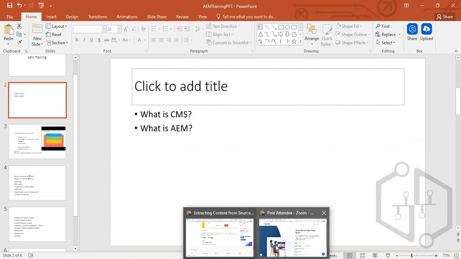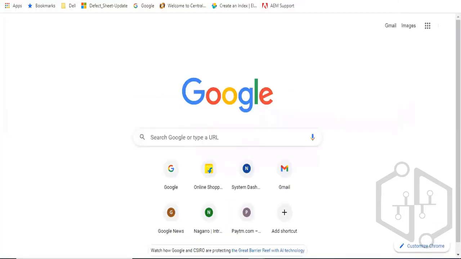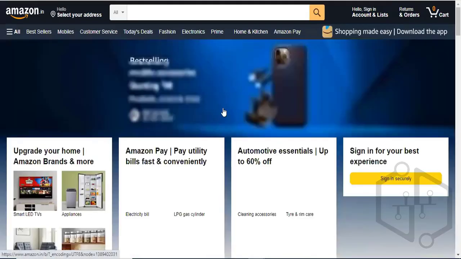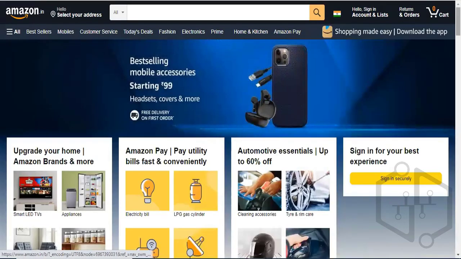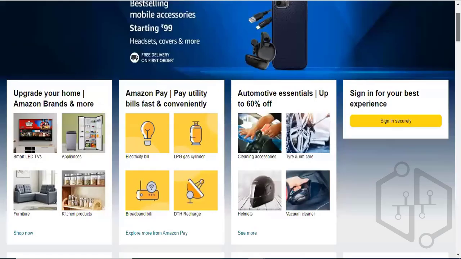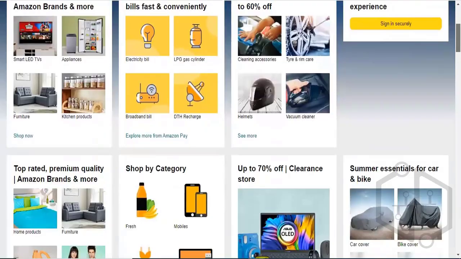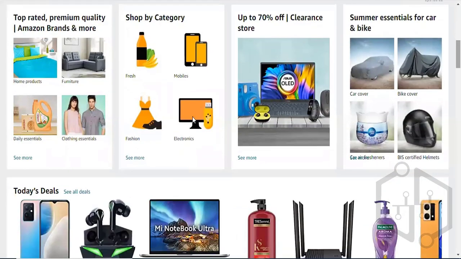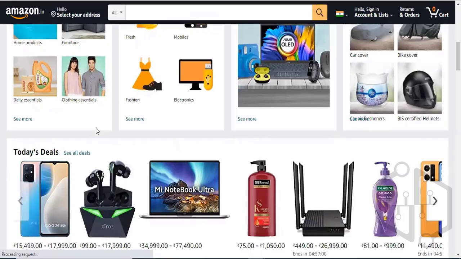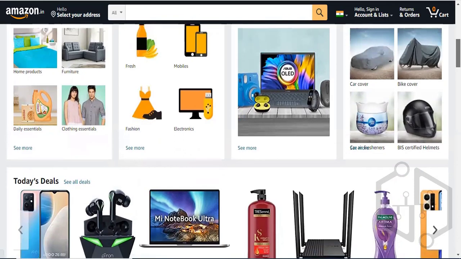If I open Amazon, you would see a lot of images, videos, and text, like the furniture images or the clothing images. As of now the image is this, but in a day, or within some hours, even these images tend to change.